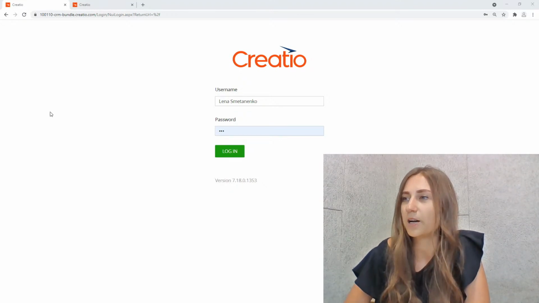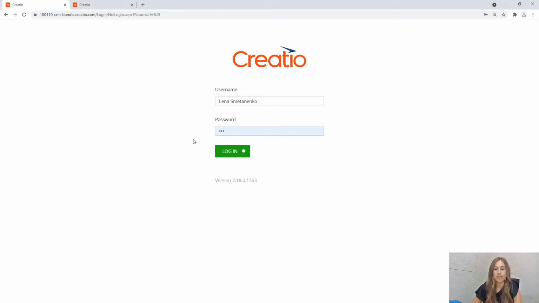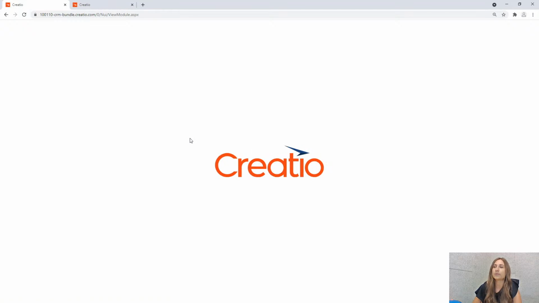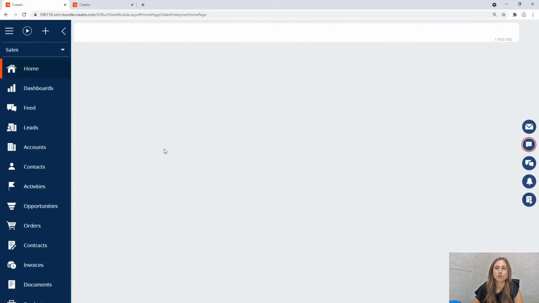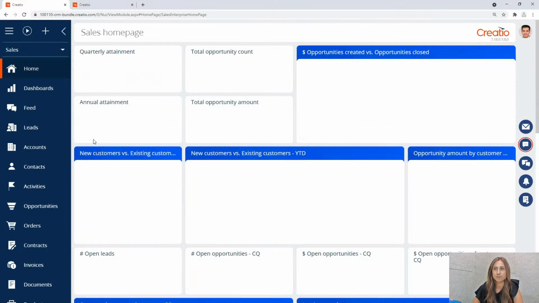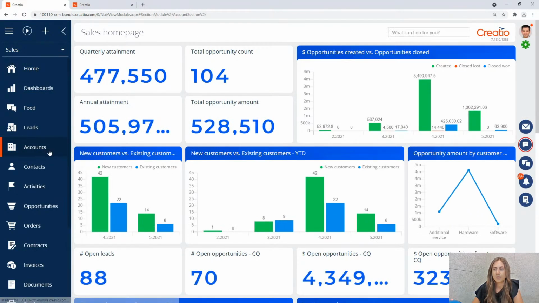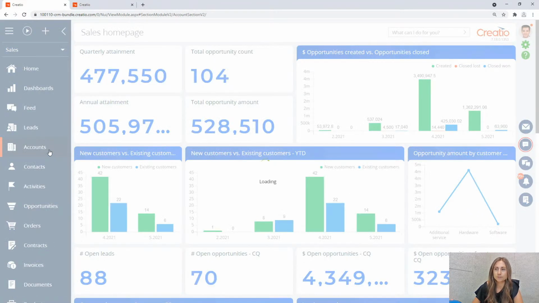So let me log in here. This is one of the applications where I already configured the following example, and here in the account section, what we have is we're hiding the banking details from particular users, and we can define who those users are. So first, I'm logging in under the user that has access to that detail. So I'm gonna go under accounts,